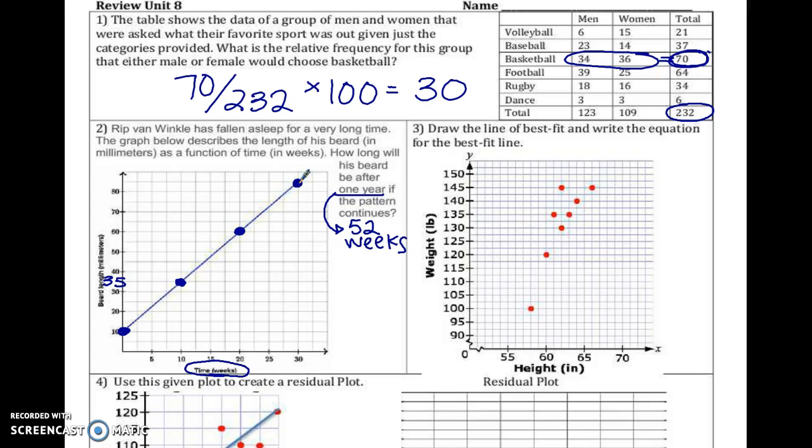So if we find the rise and run here, notice that the graph doesn't go by 1, so we can't just go up 1, 2, 3, 4, 5 squares. We have to count it by 5s because that's what the graph is doing. So here it's 5, 10, 15, 20, 25,